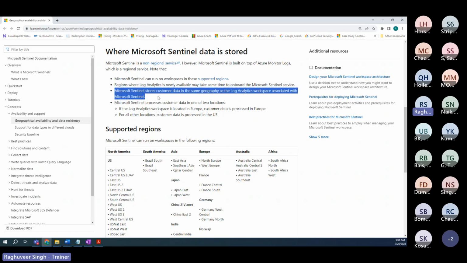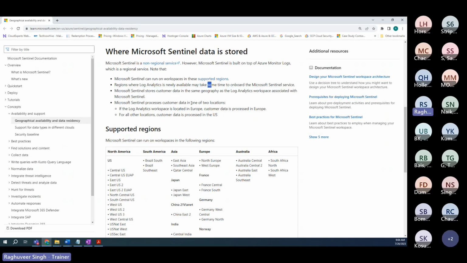Now, this is where the crux is. However, there's a catch here. If you go by the statement, it says Microsoft Sentinel stores customers' data in the same geography as the Log Analytics workspace associated with Microsoft Sentinel. So if my Log Analytics workspace is in East US, then Microsoft Sentinel will store the data in East US, and then I don't have to bother about compliance. However,